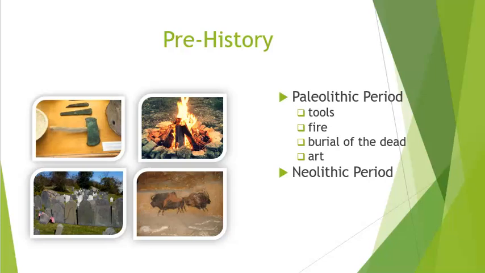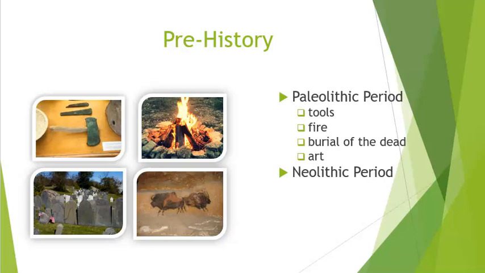And finally, the fourth significant development that happens during the Paleolithic period is the development of art. Artistic depictions of human beings and animals start showing up as early as 40,000 to 10,000 years ago. Most prominent examples of this include the cave art found at such sites as the El Castillo cave in northwestern Spain or the Lascaux, Tasker, and Chauveau caves in southern France.